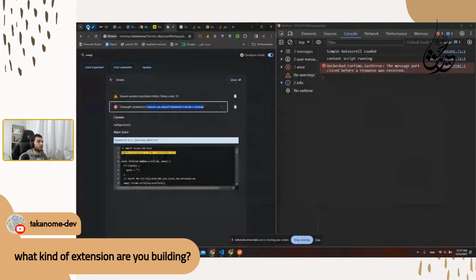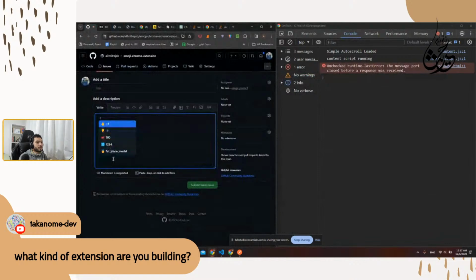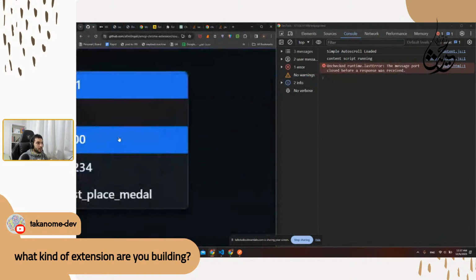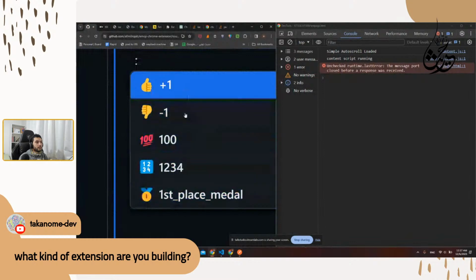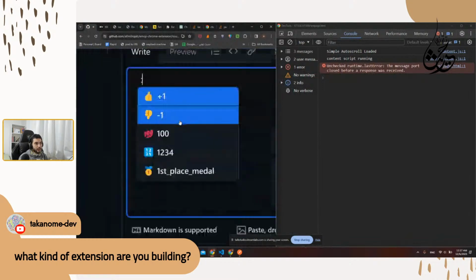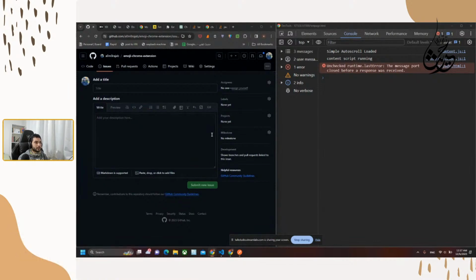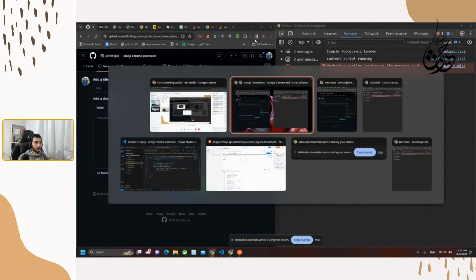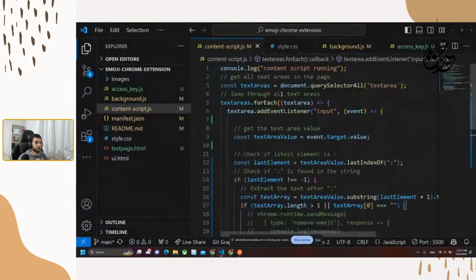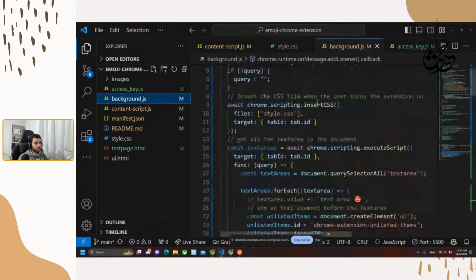So basically, what I will do is add this kind of modal to every text area, as you can see here, the emoji modal to every text area with the information beside it, on every page that has a text area. So this is what I am working on right now. I found an API for the emoji stuff, but I want to have that access key written somewhere else so it will not be shown when I use that. And that's what I'm trying to do right now. And I will show you where I am so far. So I could just remove this code, which is the broken one,